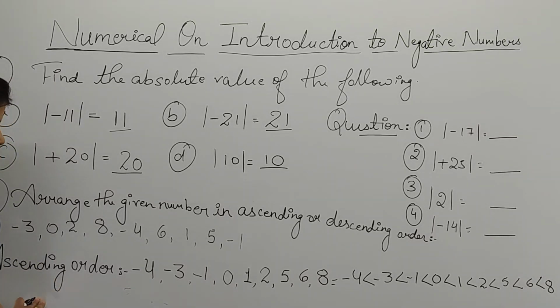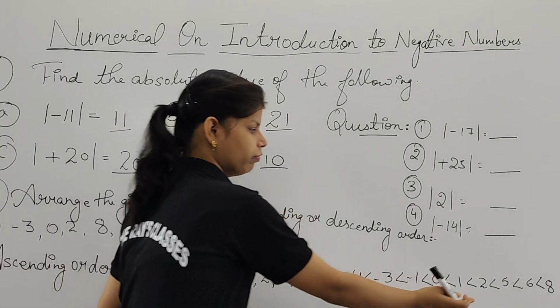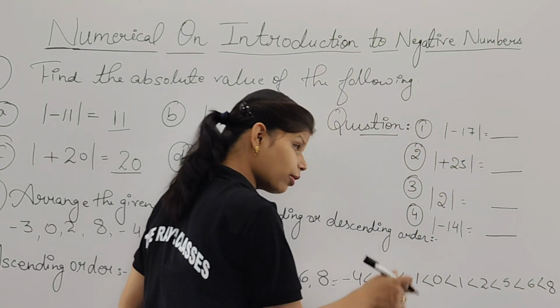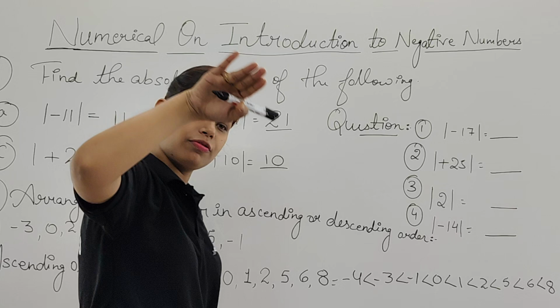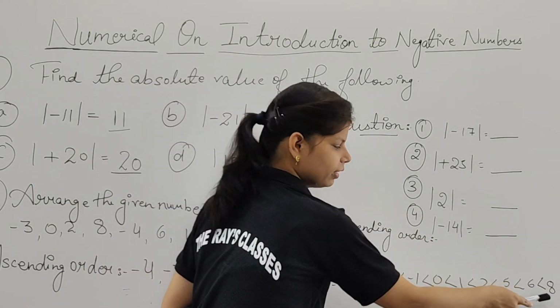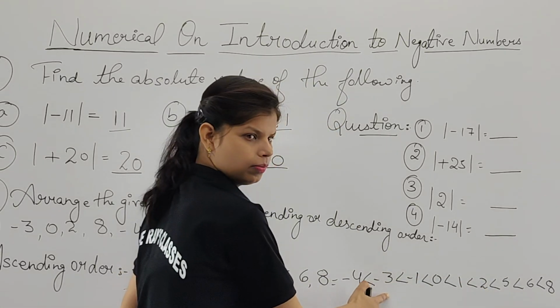Which order? Descending. Descending means the number which is bigger will be the first one. I told you already, no? When we are going to stand on this ladder, then for descending order we have to move down from there. So which one is the biggest one? This one. Then this one. Then this. Only the symbols will be different. Now